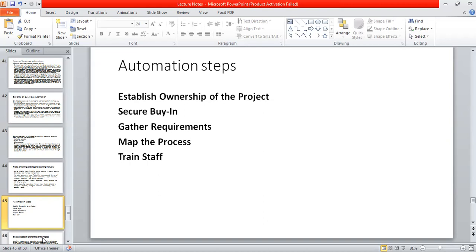After securing buy-in, the next step will be gathering the requirements. What is required in the automation process? And then the next step will be mapping the process. On mapping the process, this is where the actual automation will take place in terms of the specifics of the automation process. Then the last step is to train the staff, because after automating the process, the staff will need to be trained